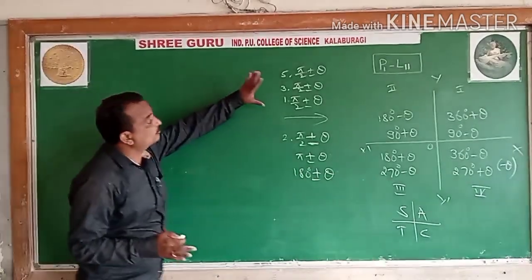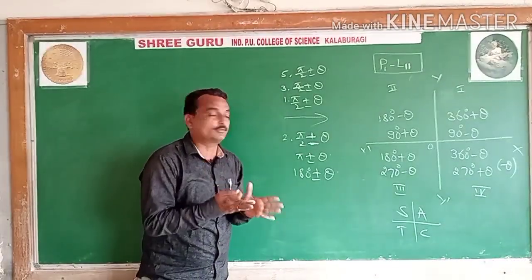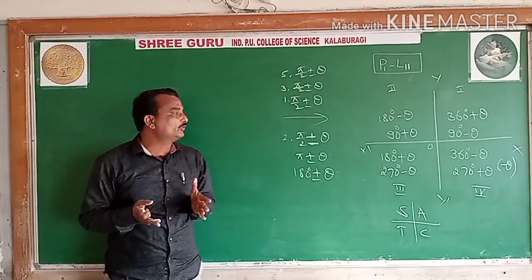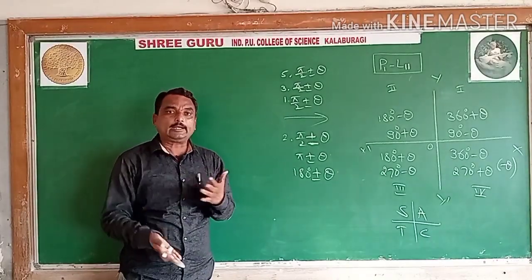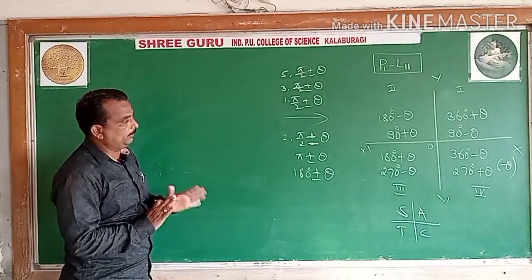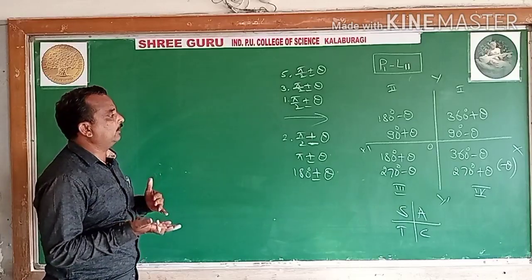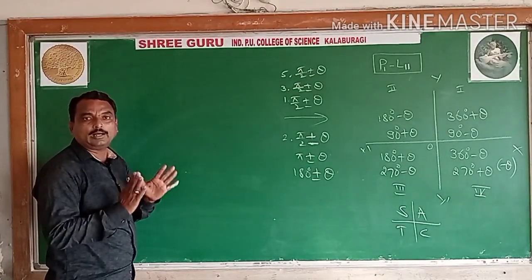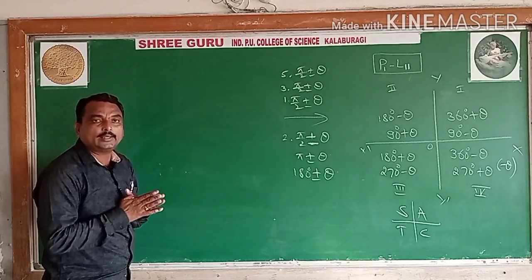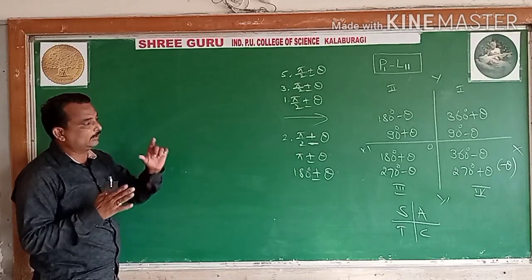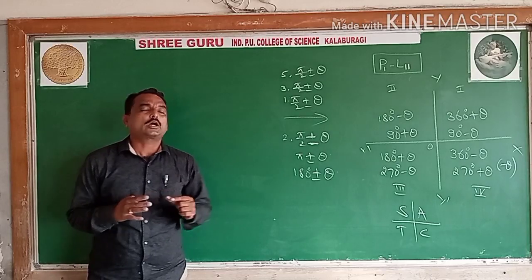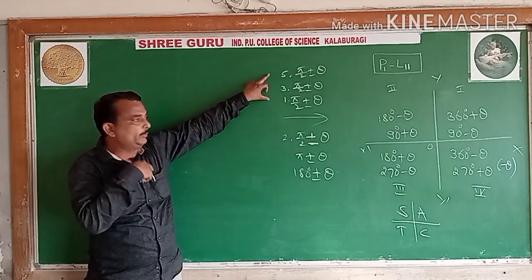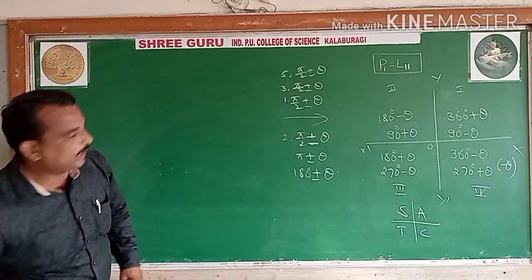For this, students, there are separate theorems. You don't have the theorems in the first PUC syllabus. Let us take these allied angles directly. You should remember these values directly. Afterwards I will tell you how to remember all the 9 allied angles. I will give one note. According to that, there are 2 notes. According to those 2 notes, you may write all the allied angles.